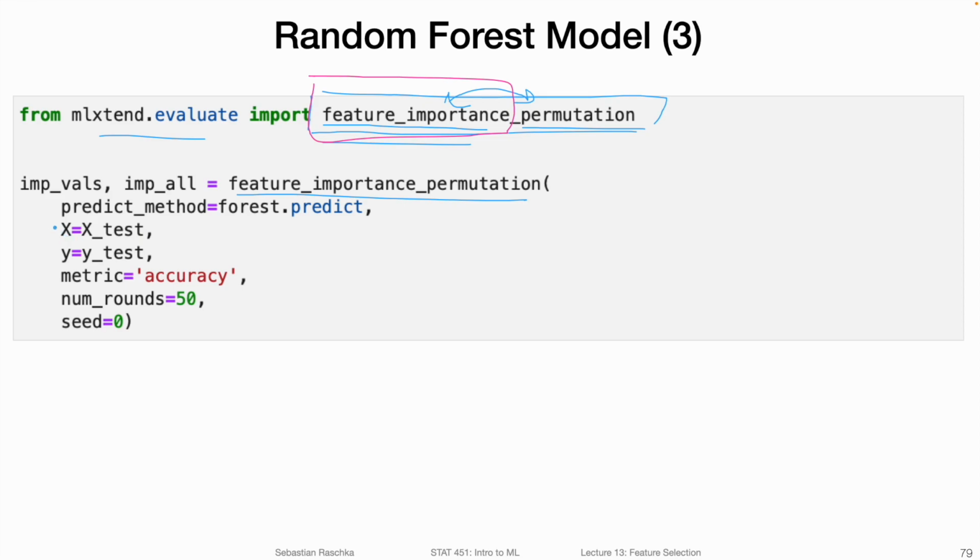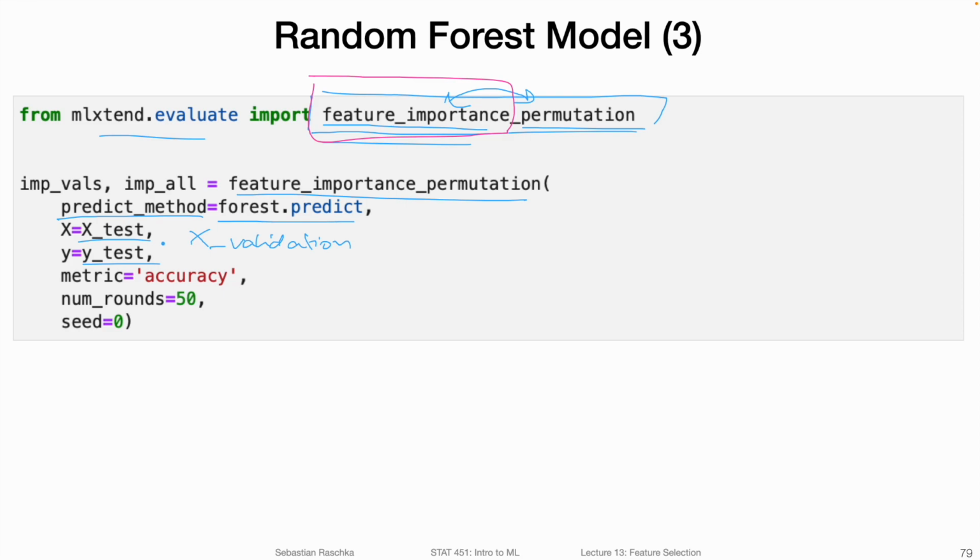In any case, how this function works is, after importing it, we call it with different arguments. One is the predict method, which is just a method that performs a class label prediction, for example. Here we use the forest's predict method, where the forest is the random forest that we fit on the previous slide. Then we provide it with a data set. Here we use the test set. Notice we could also use a validation set, if we have one. But I personally think that using a test set for that is fine because we're not really reusing the test set on different models or something like that.